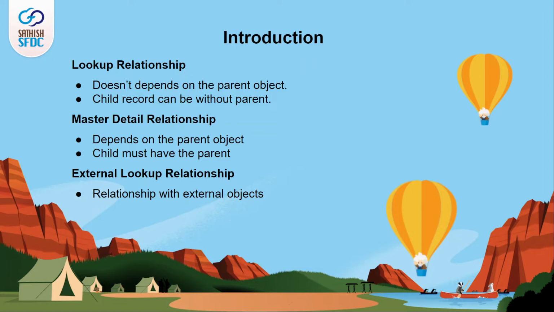Consider a delivery service company. A delivery schedule needs to be always linked to a delivery location. If we remove a delivery location from our list, then all the related delivery schedules should also be deleted automatically because you cannot do delivery if the location is not deliverable. This kind of dependency can be achieved through a master detail relationship between the delivery location and the delivery schedule